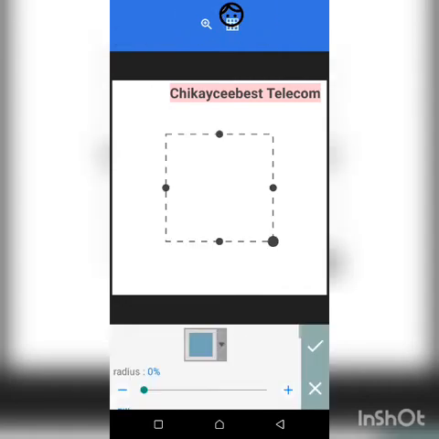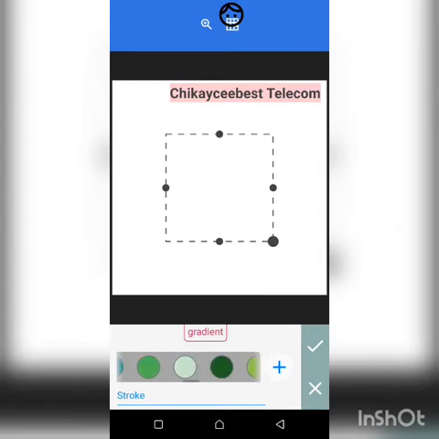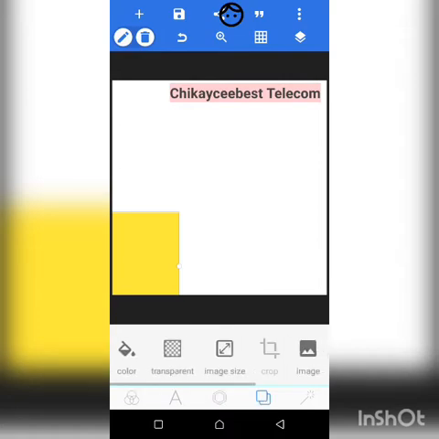I want to bring in some shapes that will help me communicate what I have in mind, since I'm looking at MTN, Airtel, and all the rest. So I'll pick the first color, yellow. This is one of the shapes I'm going to be using to represent MTN. And the next shape I would like to pick is